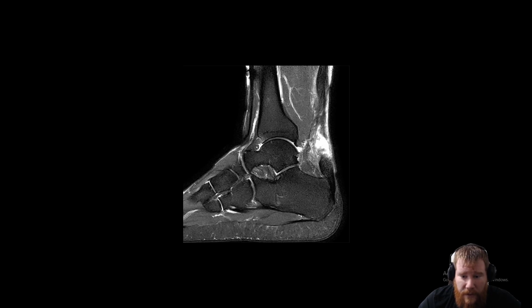Then you have this white stuff here, which is fluid. So it's called a fluid-filled gap. That's how we know this is completely torn. So there's fluid between the two ends of the tendon. So it's important as radiologists to determine, one, incomplete versus complete, and then two, when you get to a complete tear,